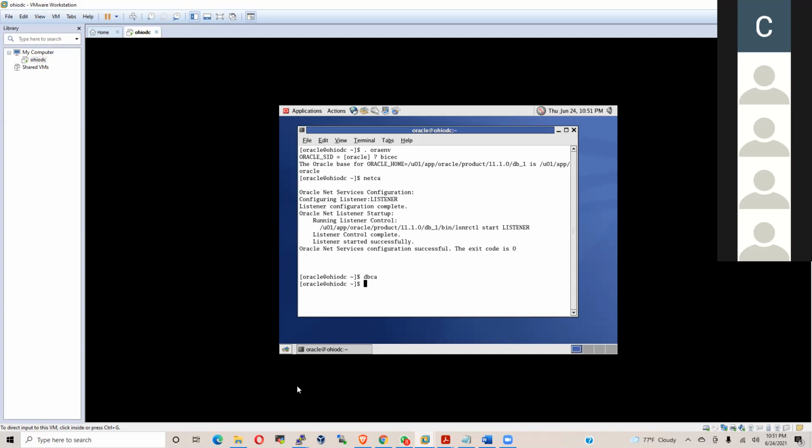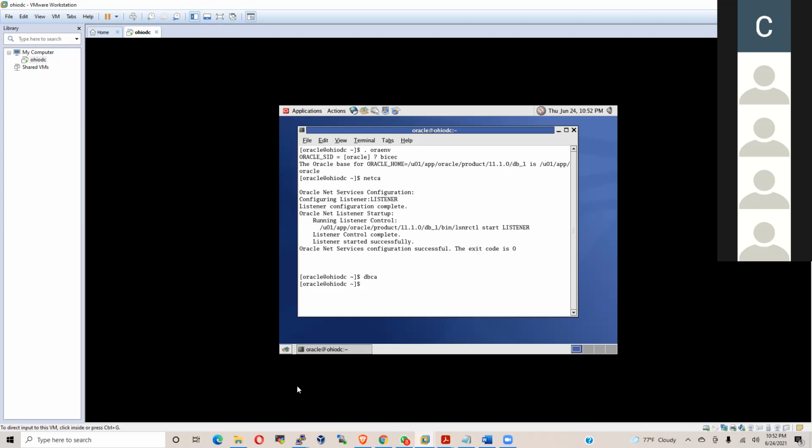Now suddenly you went to an organization. You have joined a company. There is no VMware. Your server is not in the VMware. Your server is a physical machine. How can you connect to the server? Only with the help of an IP address, and that too only with the help of a Putty session. You cannot go inside the VMware because that is not a VMware server. That is a physical server.